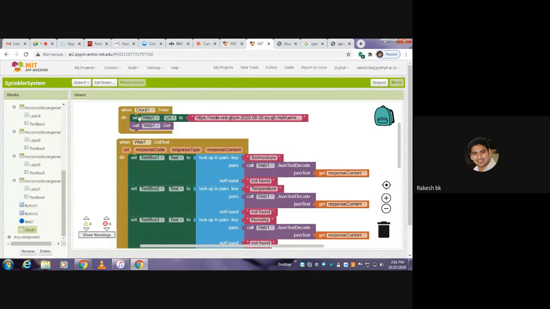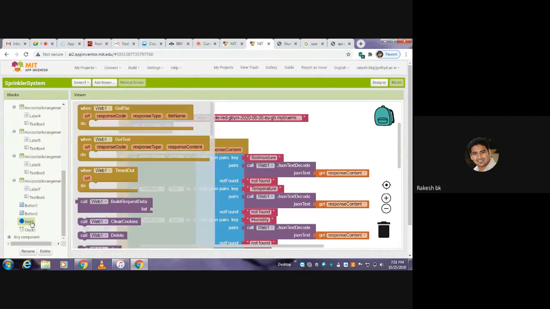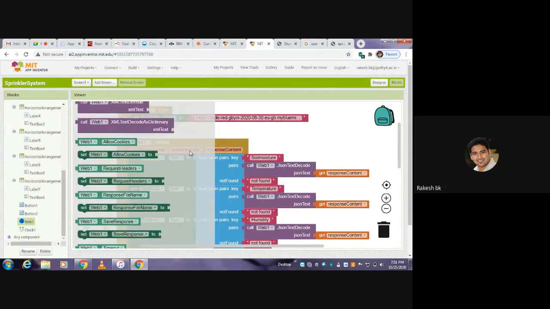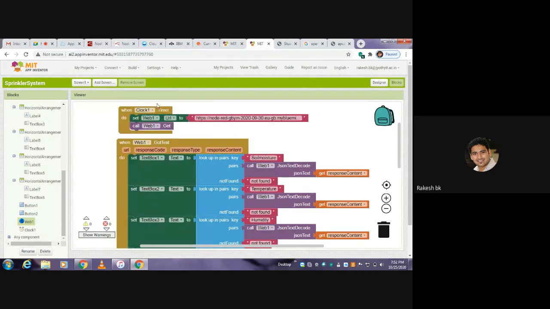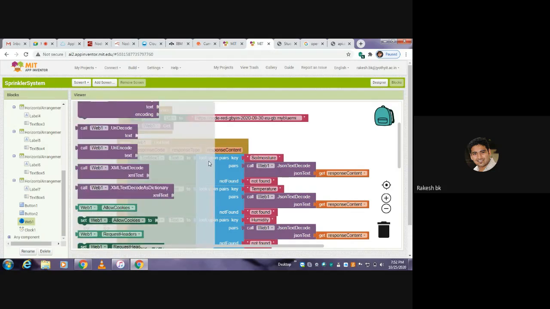This set web1 is also available. When you click on the web1 block and scroll down, you will get set web1 with URL. Where is that? Set web1 with URL. Again, drag it and drop it here, and connect to this clock. Similarly, call web1.get. Again, you click on the web, and you will get this request here.